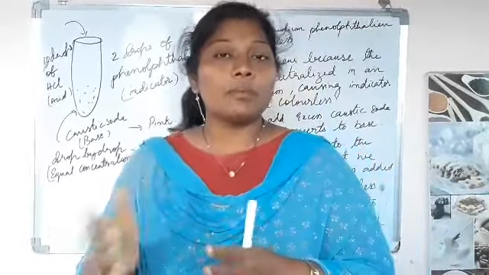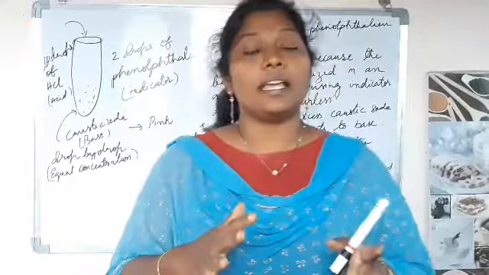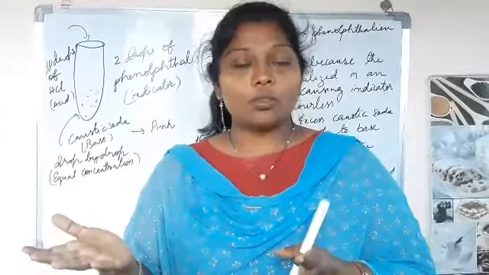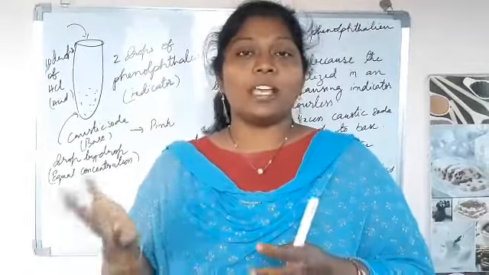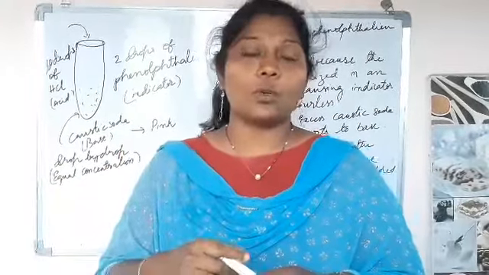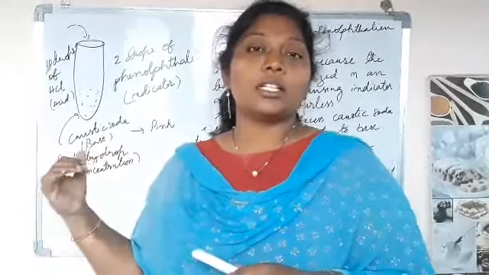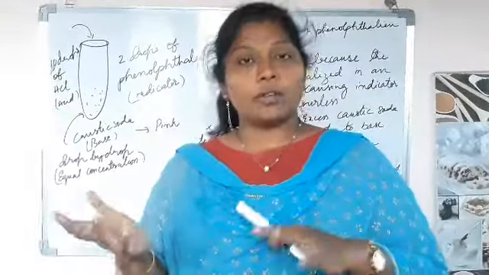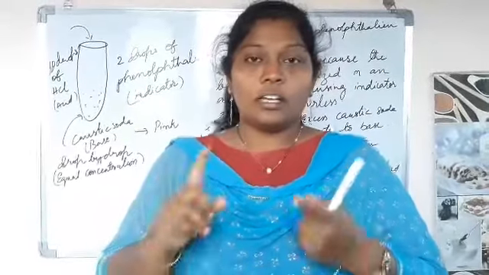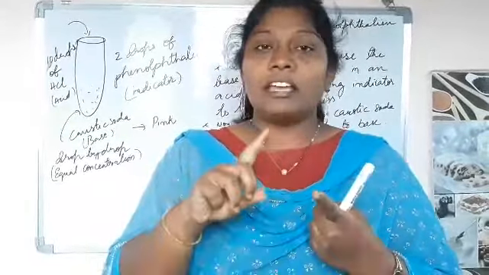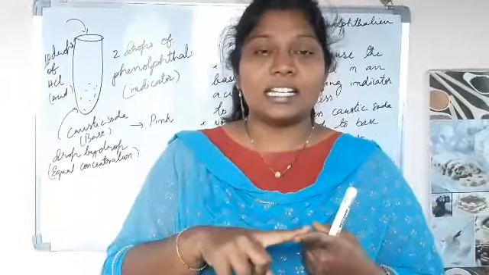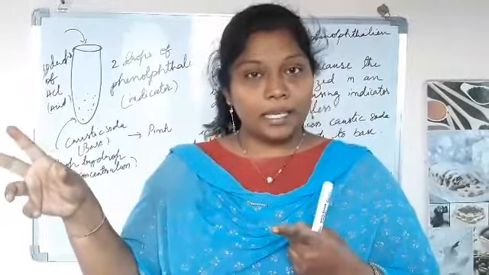See here, the conversion means the properties of the base will be washed off and it is converted completely to an acidic solution. Then we can test this with litmus paper also. We can clearly see the solution turning from acid to base or base to acid if excess is added. Okay children, so remember the first point: if excess base is added to an acid, the solution will become a base.